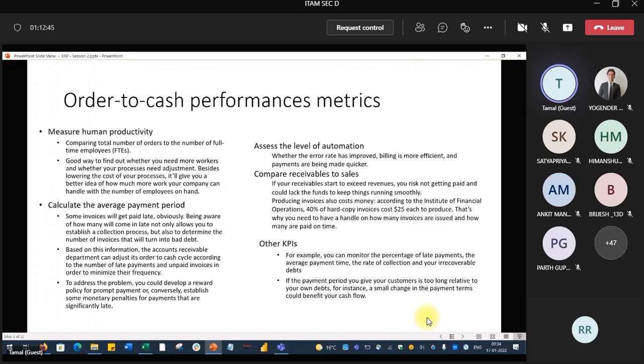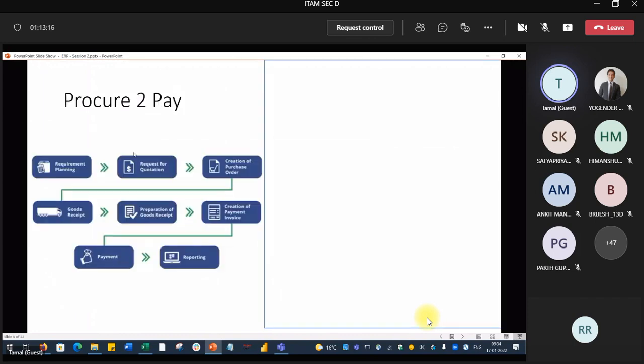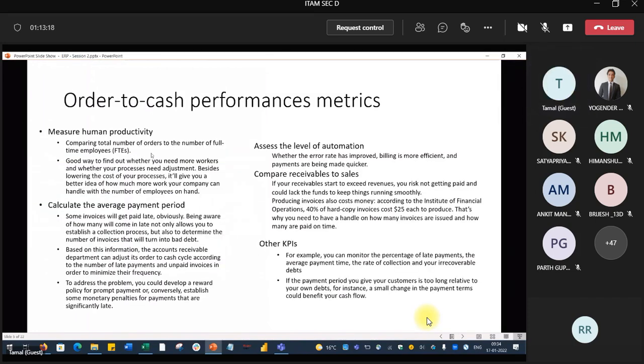So what you need to do is, this is your job actually. You are at the client place. You have to get ready from the very beginning for how you are going to measure the success. And Oracle and all, the ERP vendors have said, what is the measure of success? You measure the success in these 5 parameters for O2C. First, measure human productivity.